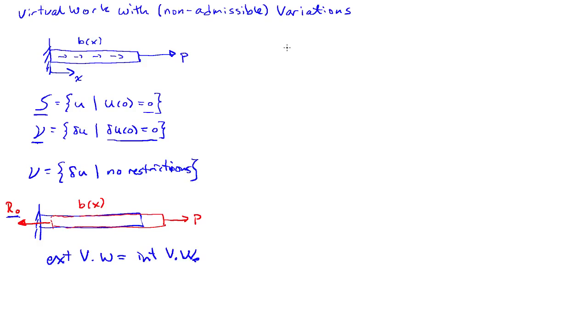From the support reaction, I'm going to get a minus R0 del u evaluated at 0, plus the force P times del u at L, so the external virtual work of the applied force. And then there is the distributed load, b of x, so I'll get an integral 0 to L, b of x del u of x dx, and this is all equal to the internal virtual work, which is the integral